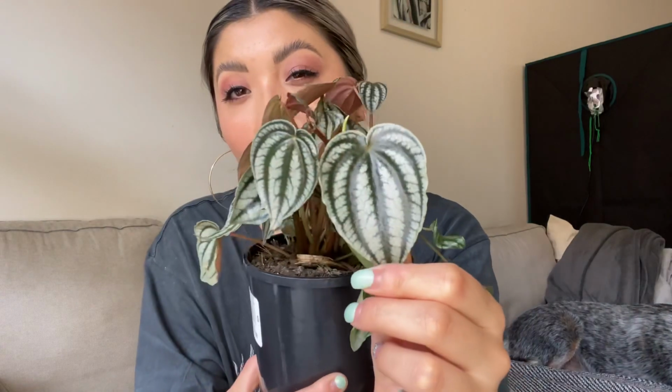And I just absolutely fell in love with this one. I think I have seen this one before at some other plant nurseries, and I think I've seen it named as like Turboensis or something. So it may be called that, or it might be a different plant, I'm not too sure, but I just saw it and I thought it was absolutely beautiful. The foliage is like this silvery, bluey green color, and then the undersides of the leaves is that beautiful red